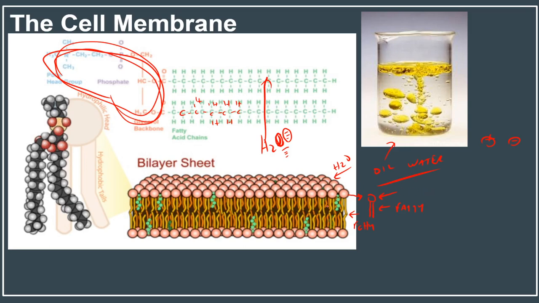So the cell membrane forms like a sheet. This might be the outside of the cell, and this would be the inside of the cell. And it's a barrier. Nothing can get in or out, because those are dissolved in water, and they're never going to get through this middle area here, which is all fatty. So you have this leg-to-leg arrangement, where you have the water-loving part, the fatty part, and then the other part of the cell membrane is just another molecule that's oriented the opposite way, and you just string that together